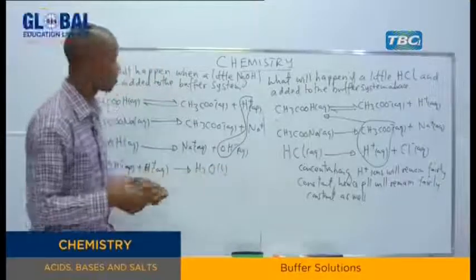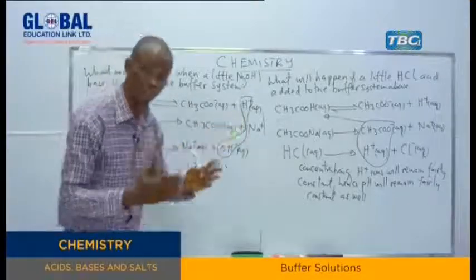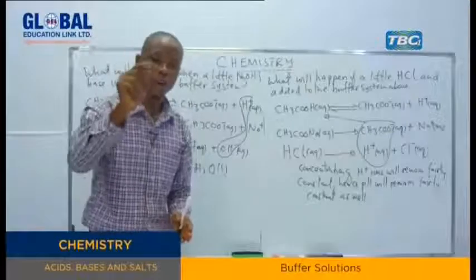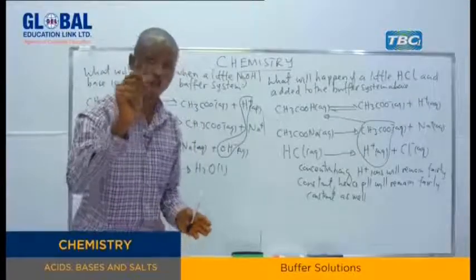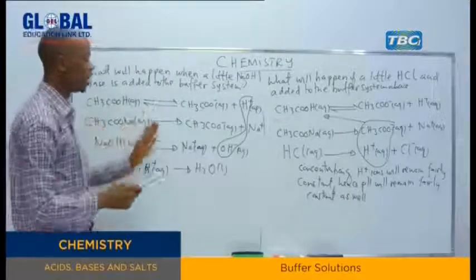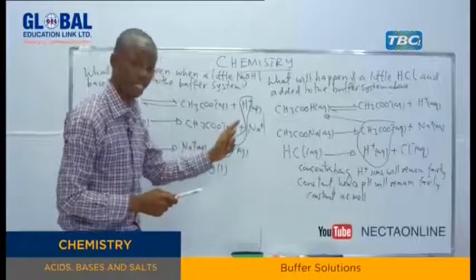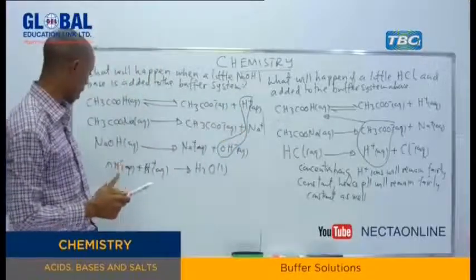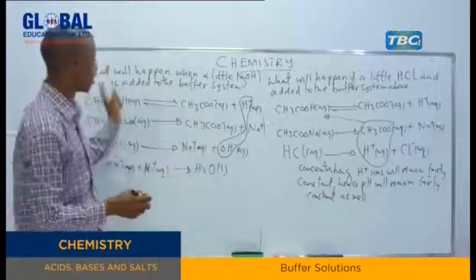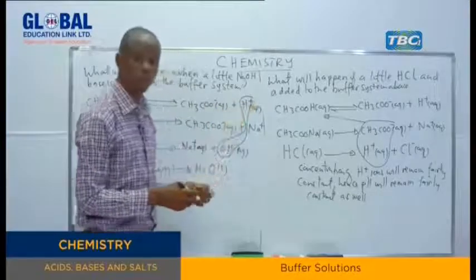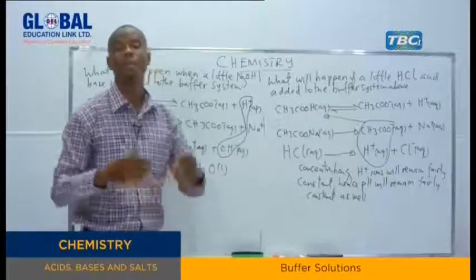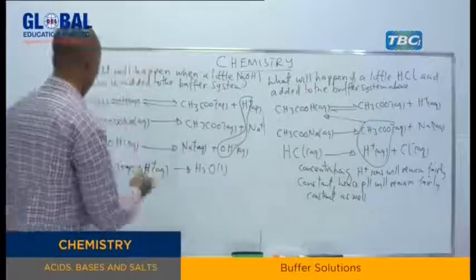Now, if that happens, the concentration of hydrogen ion in the solution will decrease. If it decreases, the pH will rise. Now, in order to prevent that rise in pH, what will happen? Immediately, the acetic acid will dissociate in order to produce more hydrogen ion to compensate for those hydrogen ions which have been used to combine with hydroxide ion from the strong base to form water. So the hydrogen ion released by this acetic acid will be fairly constant, and automatically the pH of the solution also will be constant. Therefore, here